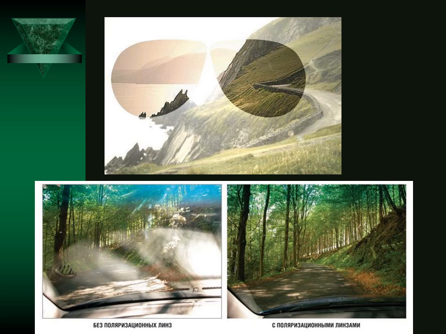By the way, real polaroids can also be checked using our phones. When you rotate the lens of a polaroid relative to the screen of your phone, you can see how the intensity of the image changes. If it changes, it means it is a good polaroid. It can be used to protect your vision from the bright sun.